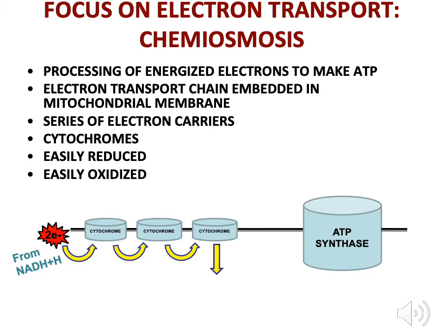But now this process, what we're about to look at, is going to explain to us how we actually make the ATP. In the previous slide, there was nothing more than a big fat yellow arrow showing us that the energy pulled off of those electrons made ATP. That's not good enough. We need to get into the details. The details involve a process called chemiosmosis. We will define that as we look at our next slide.